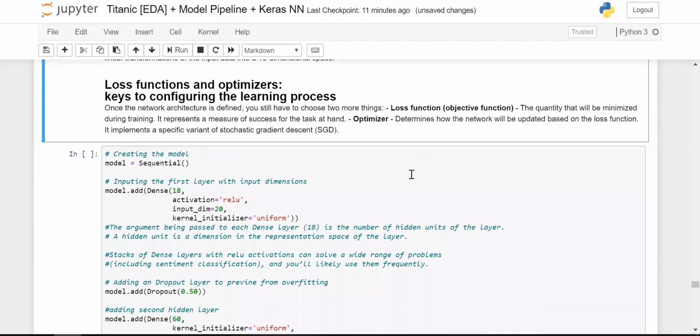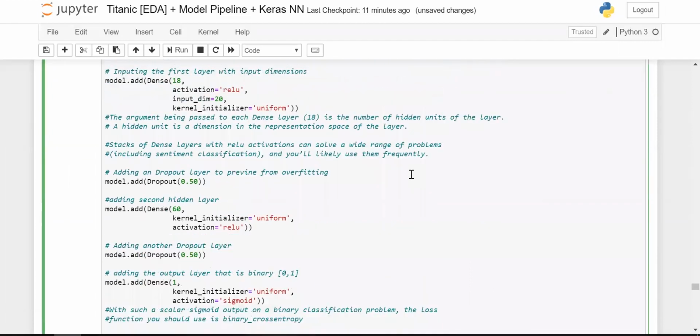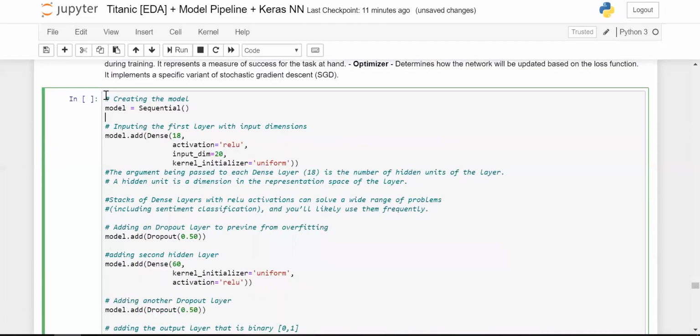So now we are getting to the model building. We have been through this exercise many times. So this is not initialization. Basically, you are defining that the model is a sequential model. Inputs are 22 in number, 22 independent variables.